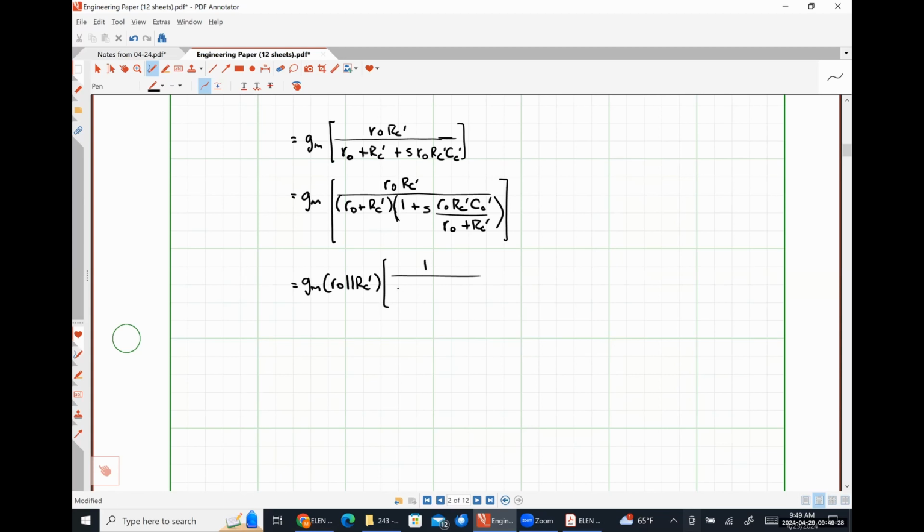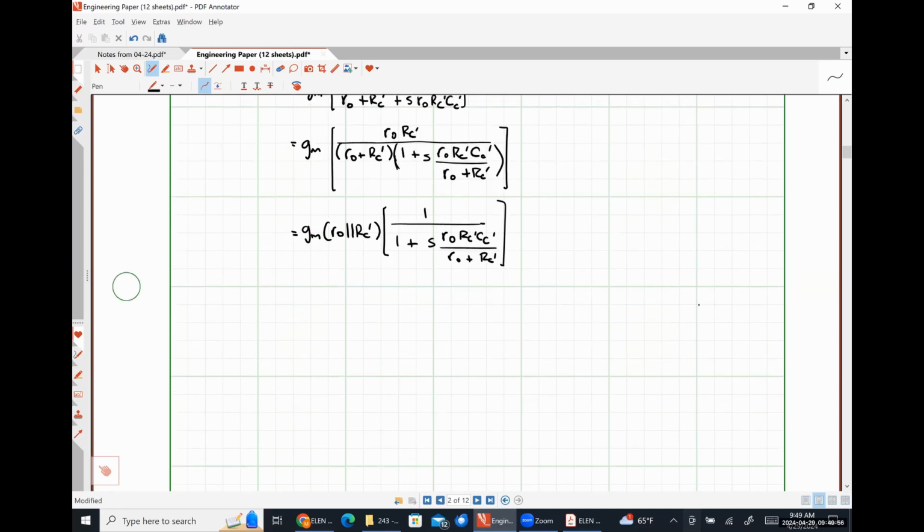Times 1 over 1 plus s R naught RC prime CC prime divided by R naught plus RC prime. And so now effectively I just need to figure out how to get rid of the RL that's buried inside of the RC prime, and this will be in exactly the form that I want, right? So that's going to look like